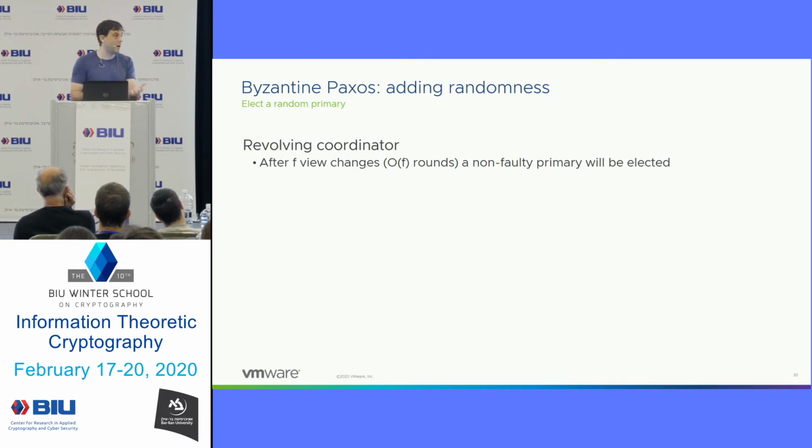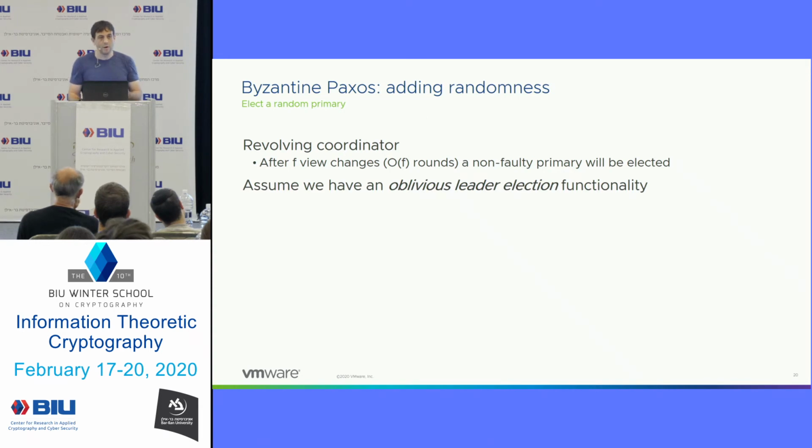As you've seen, there's a lower bound. Any deterministic protocol has to run for f plus 1 rounds. So what if we had this ability to randomly choose a leader in a way that nobody knows to predict in advance who the leader would be? So the naive thing,